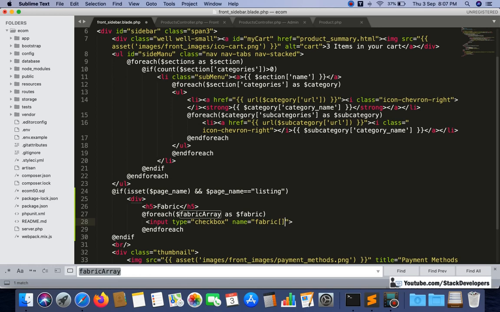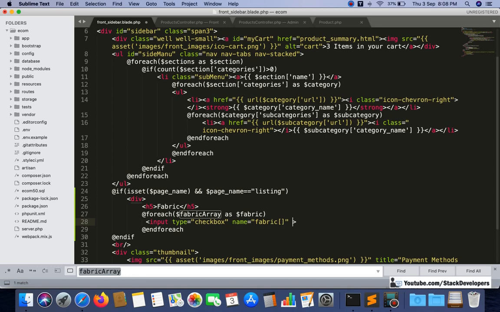So if the user selects more than one, it will come in the fabric array itself, like if there are 2-3 options. That we will do in the next video, but here we just want to display the filters. In the next video I will explain in detail how to use this.